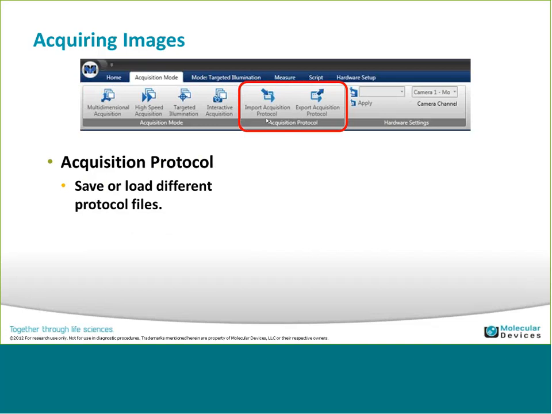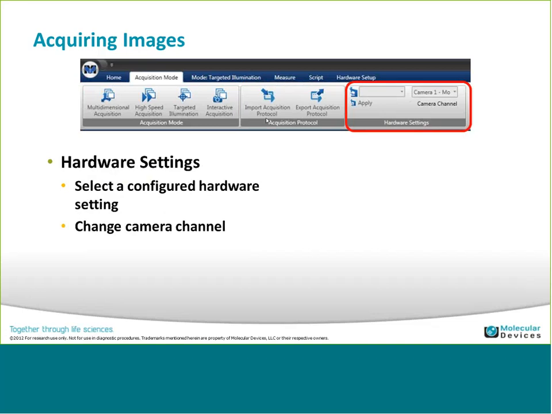Same thing with image splitters. If you're doing a dual camera or dual view type of configuration, where you're splitting wavelengths across and illuminating half of the chip for one wavelength and the other half of the chip for the other, in the same field of view on both, the software doesn't have the ability to split those images. All it would do is acquire one and show them side by side. So you can't really control or use image splitters or wavelength splitters within Metamorph NX yet. So that's hardware settings. Now looking at the different acquisition modes, we'll run through these